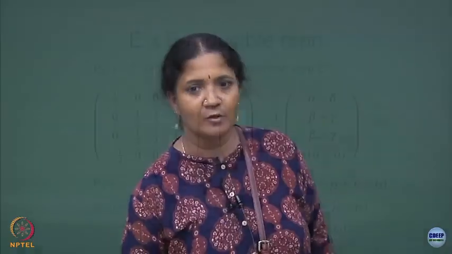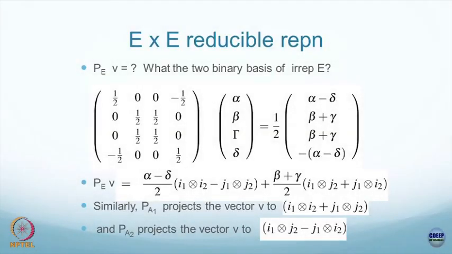Let us start. As a warm up, we have gone through tensor product. So, this should be the tensor product of E cross E by E cross E. What do we mean? E is a 2-dimensional irreducible representation. I am taking a tensor product of 2-dimensional irreducible representation with basis states I1 and J1, and this second E with basis state I2 and J2. So, the corresponding reducible representation will have a 4-dimensional basis state,